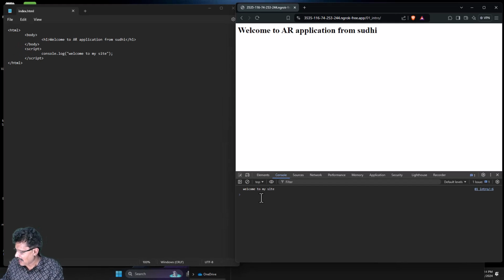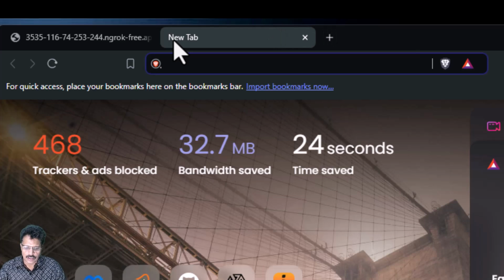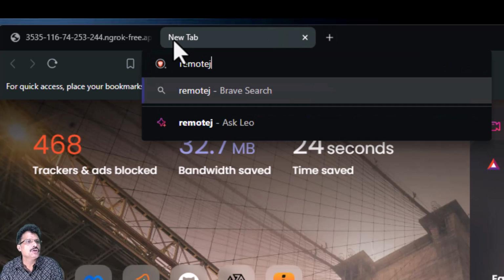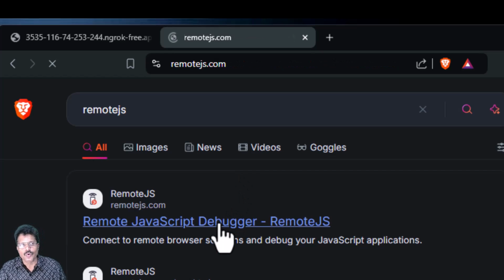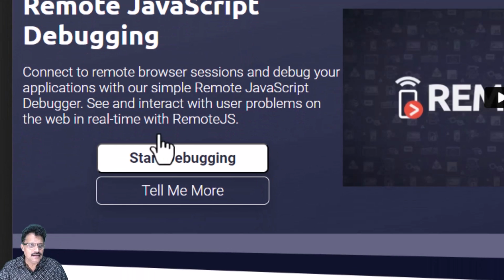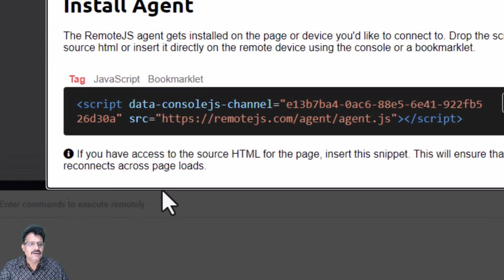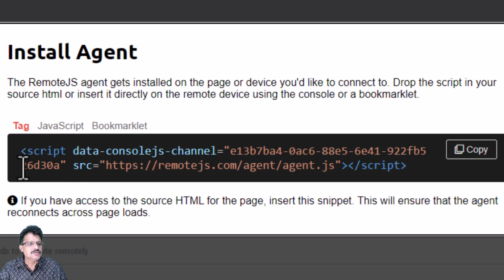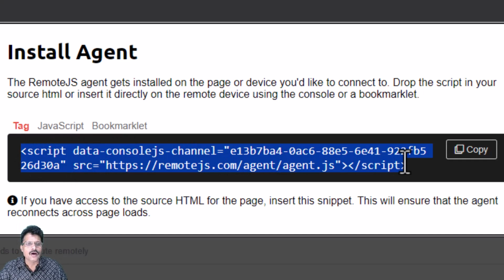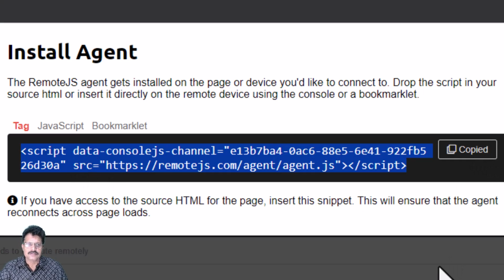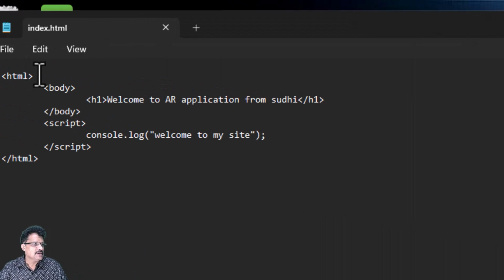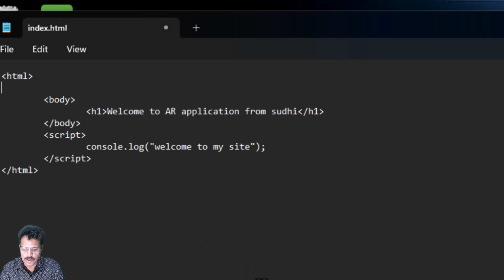For this, I am now going to use another service. In the browser, I will type remotejs. This remotejs is a debugger tool. And when I open this, you just open the start debugging. And when you click on start debugging, this is going to give you one code or command. What you have to do is you just copy this, come to your website and inside HTML,